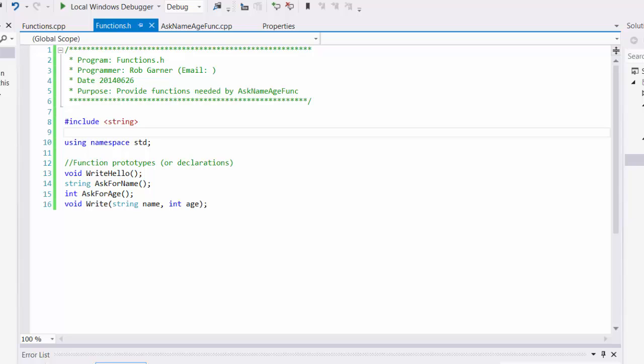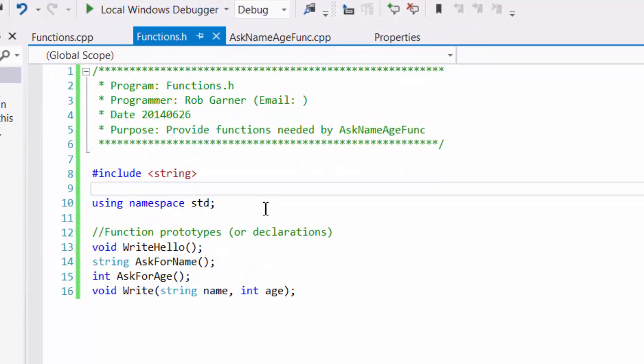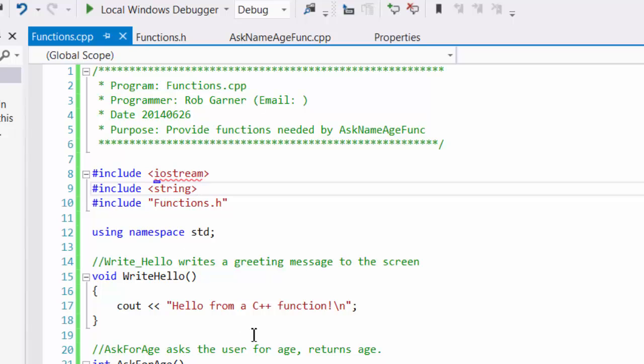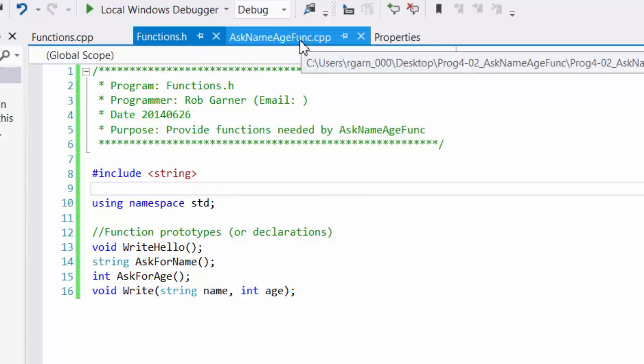We need to also consider the fact that these functions could be so useful that we could have multiple libraries or multiple programs that reference them. So suppose that we had another functions program and it used functions.h. Well, if it did, what would happen is that when we compiled this code, if we had